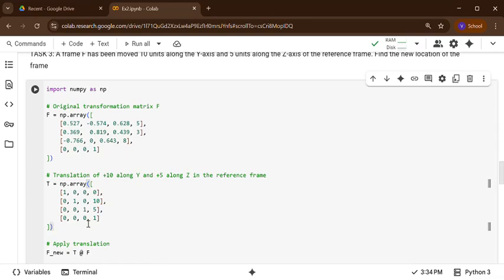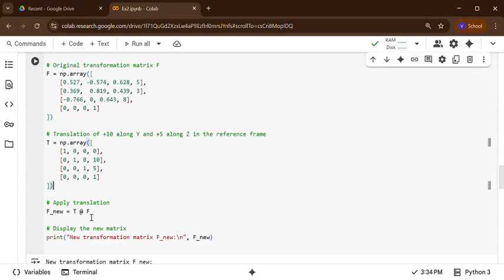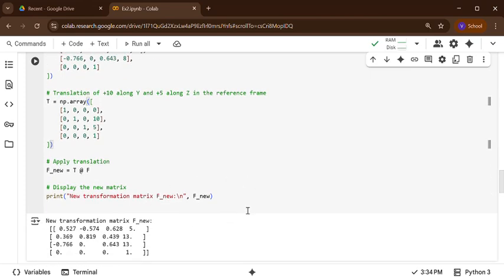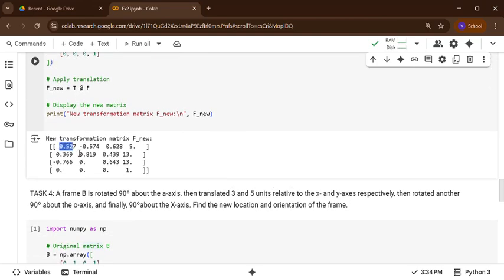This is the original transformation. This is the changed one. So just multiply that, then you can get the answer. So here F is the frame, and the first transformation, so you have to pre-multiply. And one thing you have to remember is, if translation is involved, then definitely you have to show the transformation matrix. In the transformation matrix, the first 3 cross 3 is the rotation matrix. The last column is the translation.